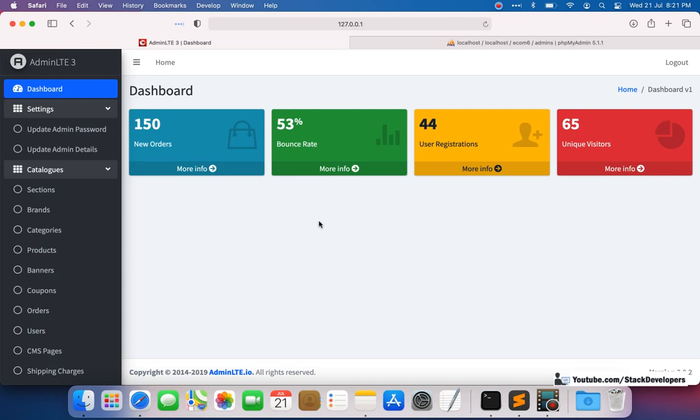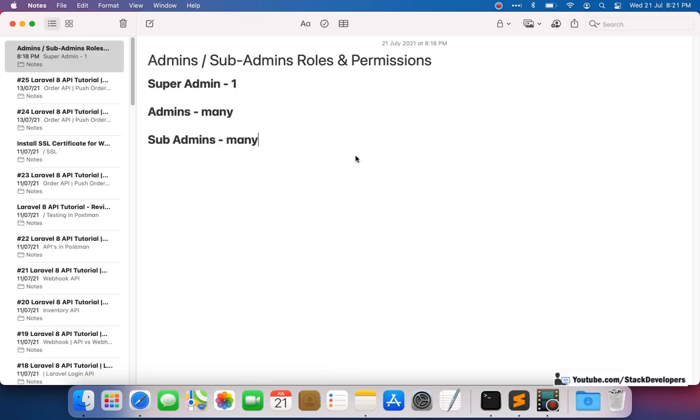But right now we can't do anything. We can't add subadmins, we can't add admins, we can't update them, we can't make them active or inactive. So everything will come under it. So what we are going to do, see here. First of all, we are going to control admins and subadmins in the admin panel. For admins and subadmins, we will do